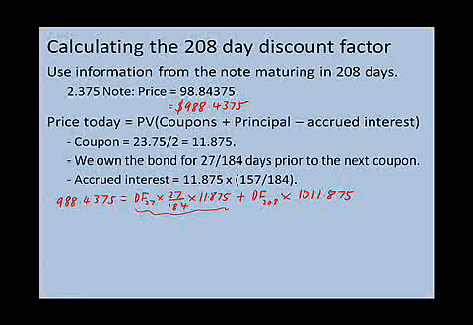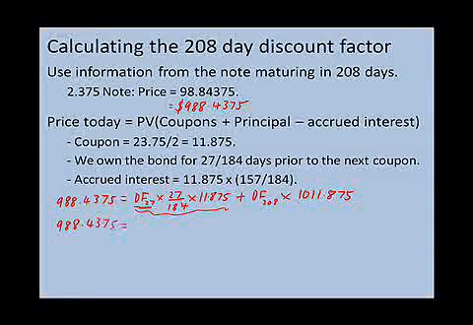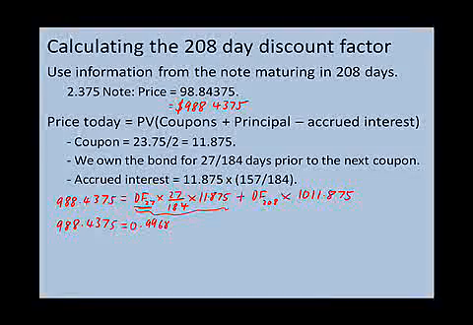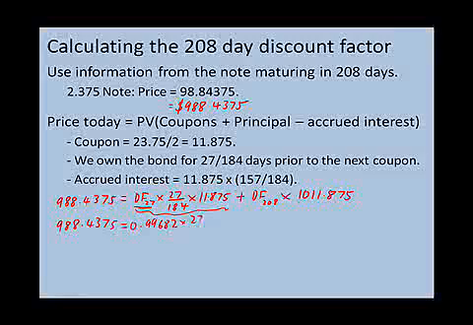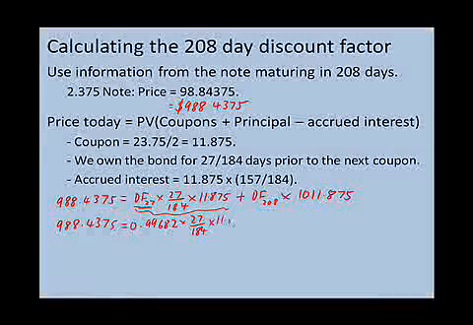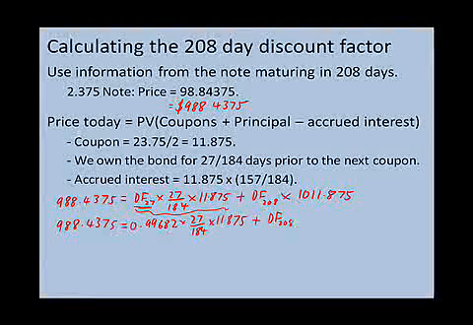We already know the discount factor for 27 days. We calculated that earlier. Let's substitute in that information. The discount factor was equal to 0.99682 times 27 over 184 times 11.875 plus the discount factor for 208 days times the cash flows in